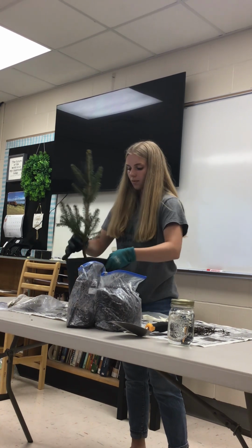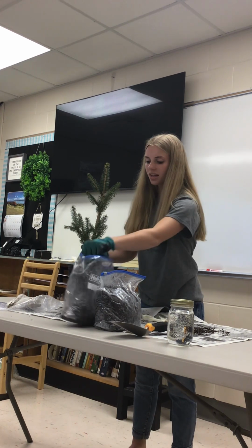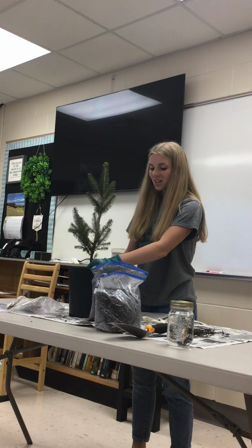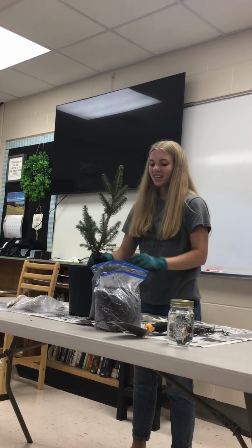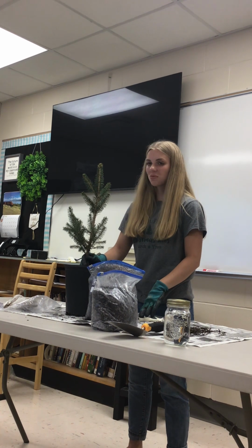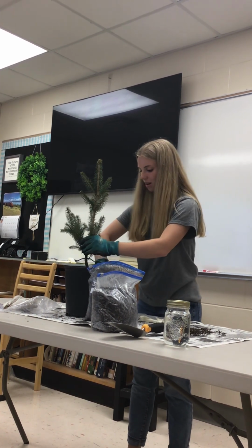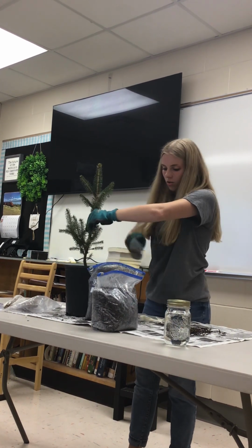You're going to want your tree to be in there very secure, otherwise it'll fall out when the pot blows over in the wind, and that would not be good because, like I said before, we have a lot of trees to plant, so if we have to go back and replant all of them, that would be a huge waste of time. Okay, now that you have all your roots in, you're going to want to slowly scoop in